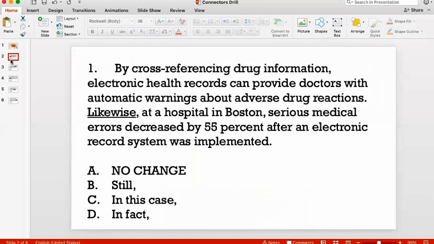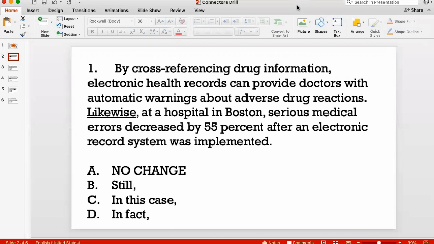Question 1. By cross-referencing drug information, electronic health records can provide doctors with automatic warnings about adverse drug reactions. Likewise, at a hospital in Boston, serious medical errors decreased by 55% after an electronic record system was implemented. So before you attempt any connectors question, you need to be very certain of the relationship that the connector is